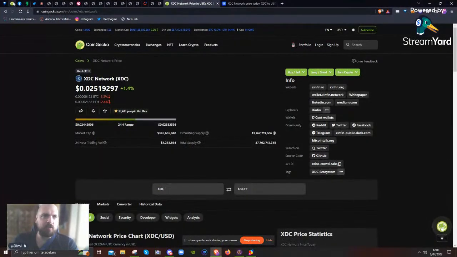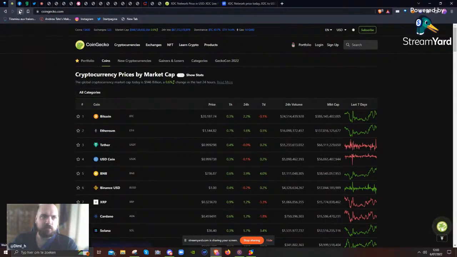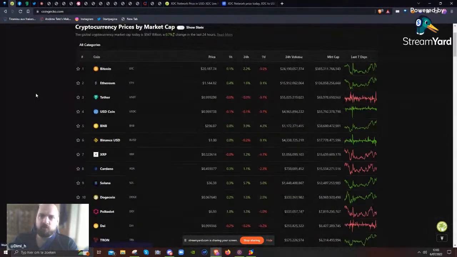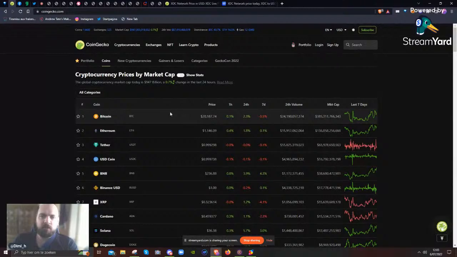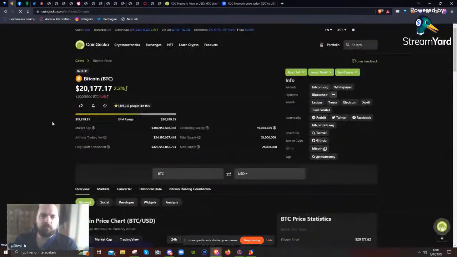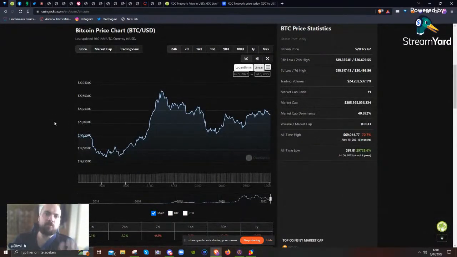And I'm at CoinGecko, as you can tell, but I'm first going to do this one. I first take a look at the current state of the market, in order to mirror it towards the movements of the project I'm going to analyze. For that part, we can see here the general market trend, slightly turning back into the greens. Let's take a look at Bitcoin here. We're going to mirror it towards the technical movements of Bitcoin itself. So 24-hour trading, we need to more or less remember this trend in the graph.